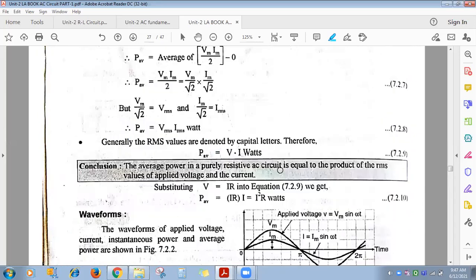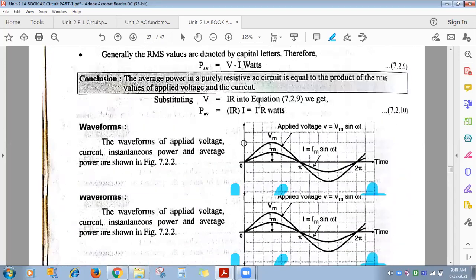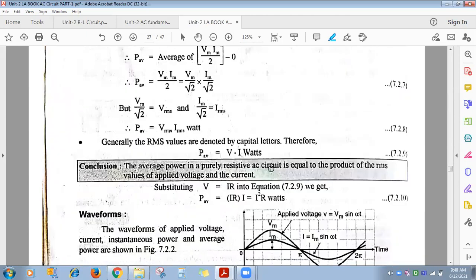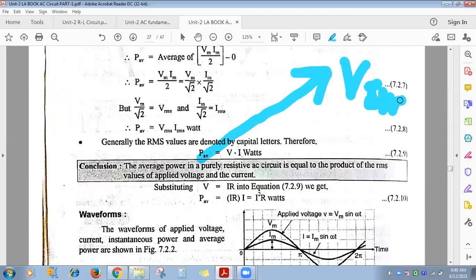Okay. So it is plus pi by 3. Pi by 3 means how many degrees? 60 degrees, right? So if you want to represent its graphical representation, with reference to the x-axis, this is the V RMS at an angle of what? How much will this angle be with reference to the x-axis? 60 degrees. This is the phasor diagram representation.